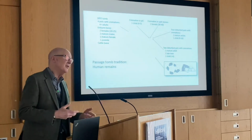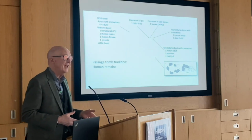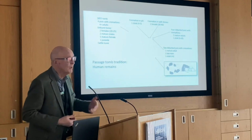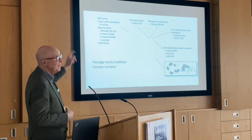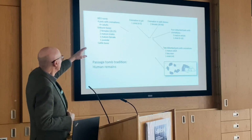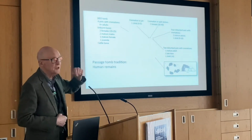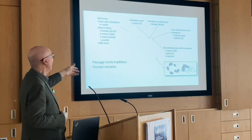in the prehistoric period, the cremations weren't necessarily particularly efficient, and sufficient bones survive for you to be able, hopefully, to present them with an age and a sex. So in the 1855 tomb, there were at least 4 adults in cremations. There were 2 females in terms of unburnt bone. We have 2 females, 20 to 25 years of age, 2 mature males, 1 mature female, and 1 juvenile, plus a